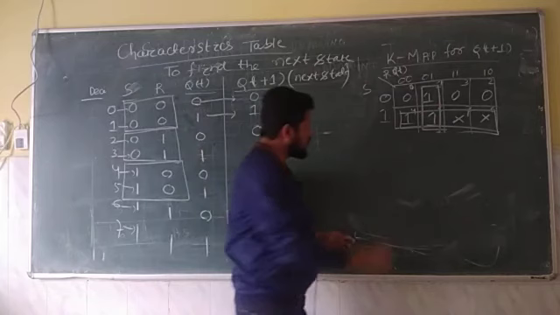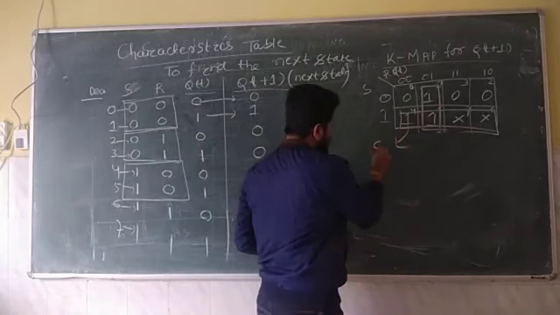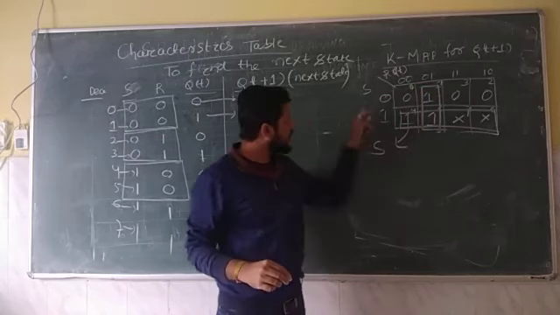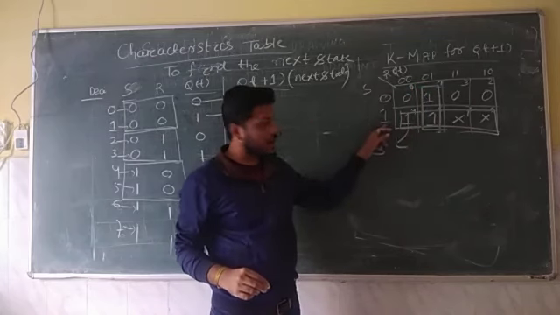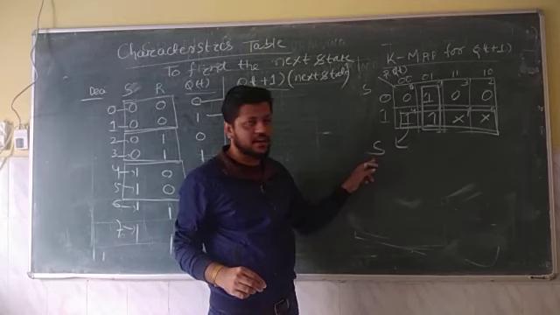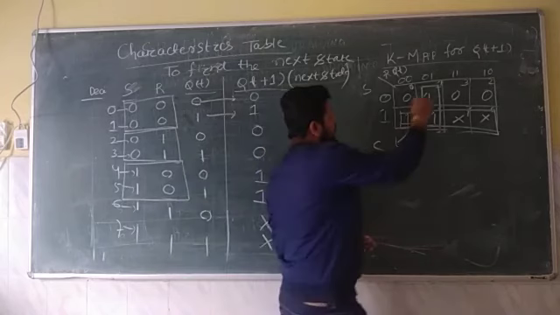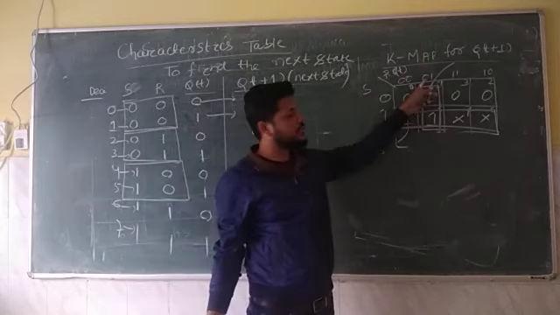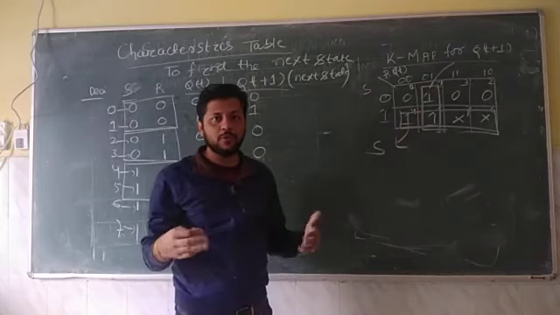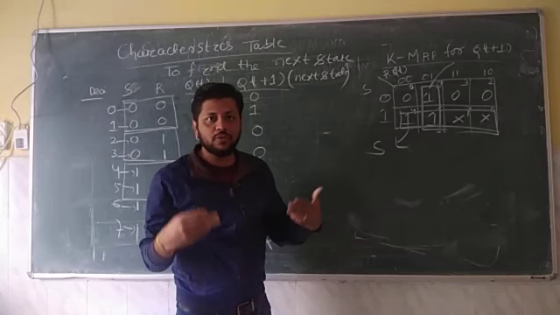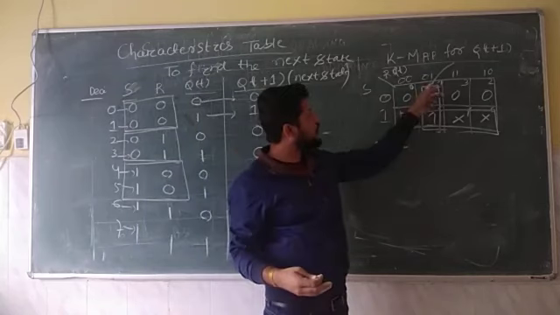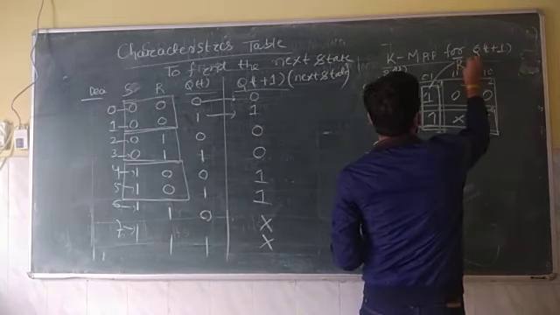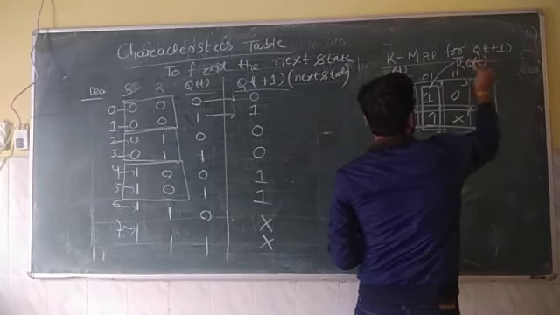So first let us solve this group of 4. Here RQt is changing, but S remains constant, that is S is 1. S is 1 means we will get directly S. The next is here, S is changing, that is 0 1, but RQt is always constant, that is 0 1. In a K map you have to take the common point, which is constant. So RQt is 0 1, so we have R bar Qt.